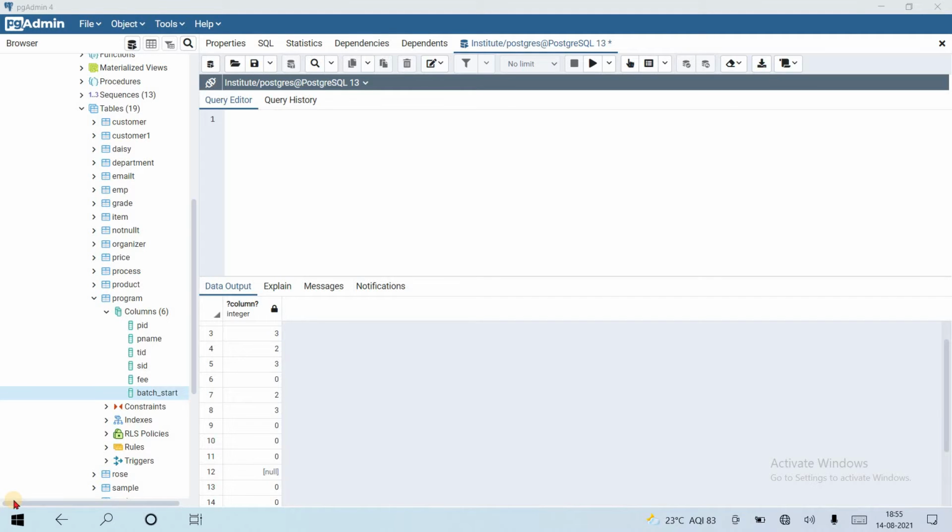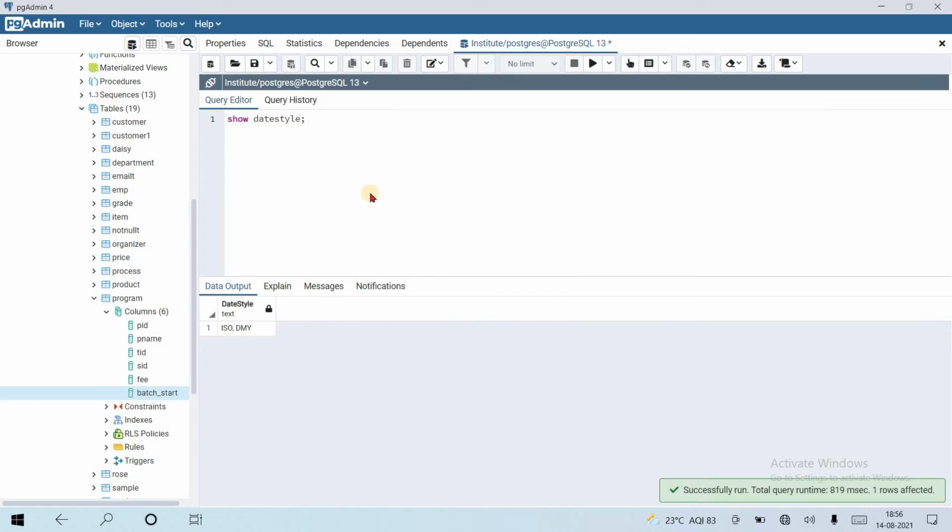Okay, let's see the system's date style setting. For viewing the system's date style setting, we need to use the keyword show date style. This gives us the system's date style.